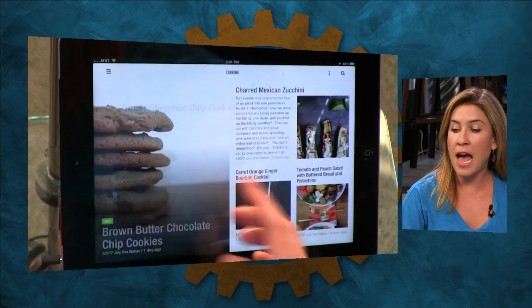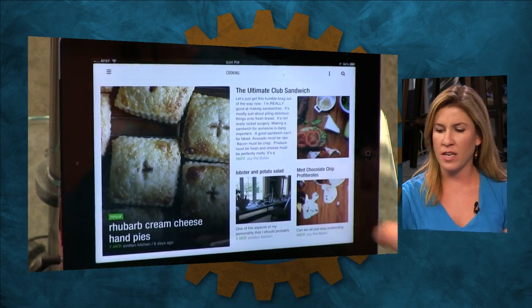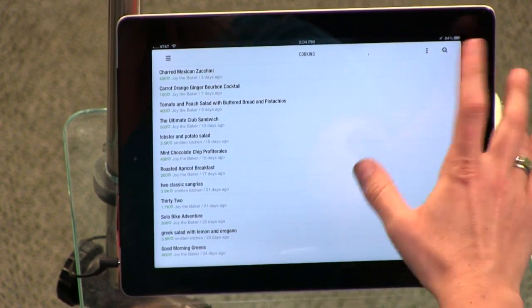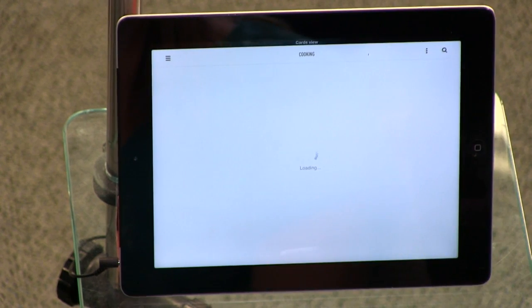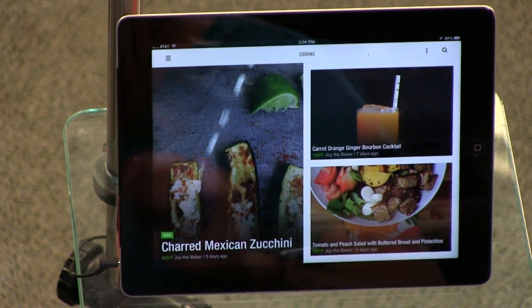So this is actually what's nice about Feedly, though. You might say, it's a little too Flipboard. I don't like readers that look like that. You don't have to have flipping between pages like that. No, you can go really, really simple and make it a list that's just your feeds. I like Feedly more and more. I think that they've really done a good job with giving you a lot of different options for how you want to look at your